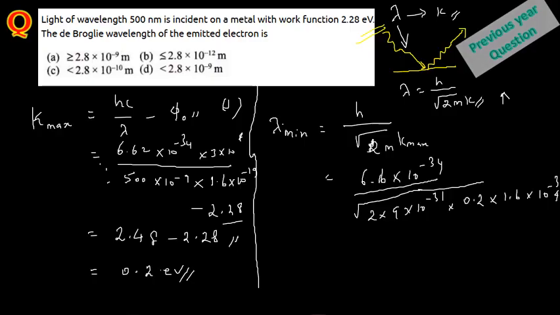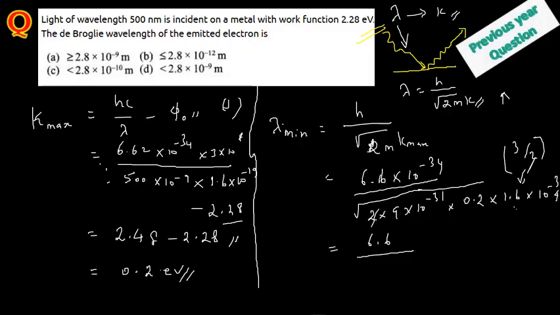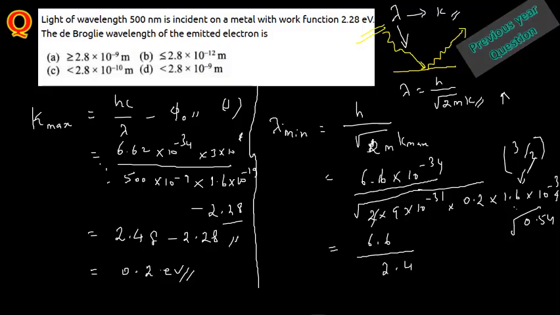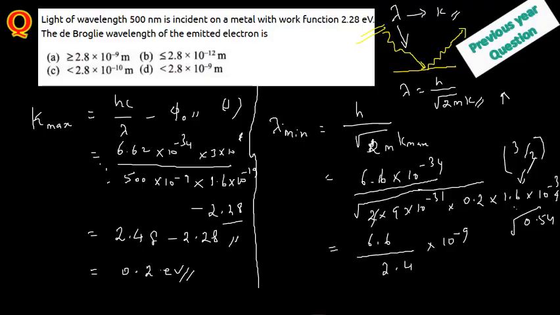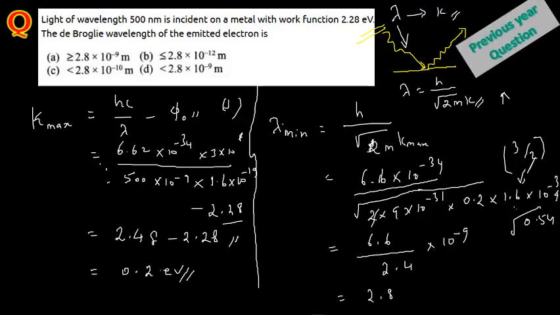Now you just simplify this equation and work it out. From this one, 6.6, and you can cancel like 3 by 2 here. So 2 and 2 will be cancelled, and 9 into 3 is 27, into 0.2, 0.54 will come. Take a root of this one and cancel everything. So what you are going to have here is 0.54, take the root and multiply, so you have 10 power minus 9. If you simplify, you have 2.8